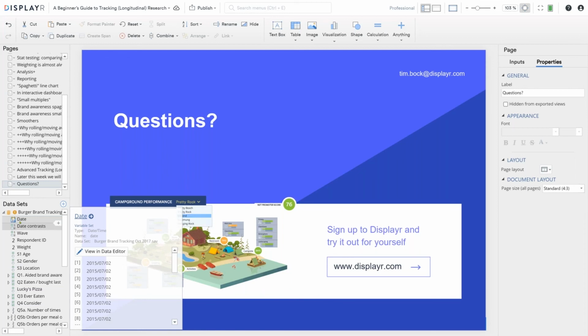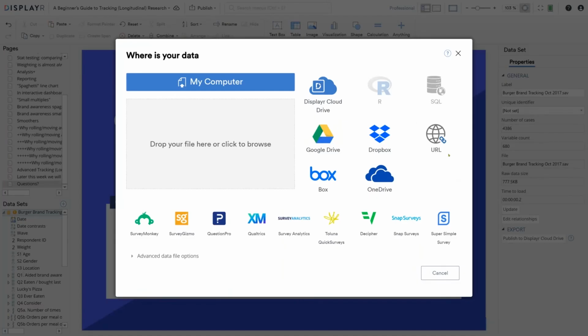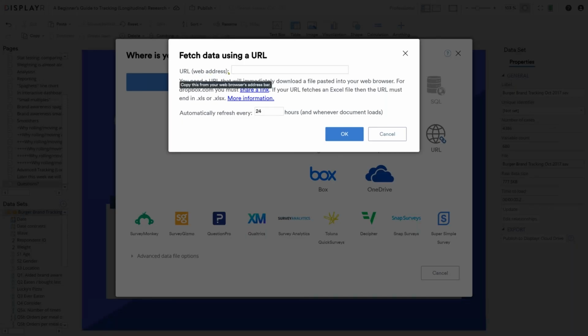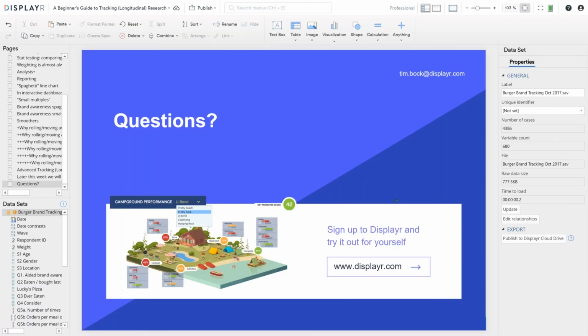And apologies if I've mispronounced that, says, can we automate the importing of data if we continuously get feedback? Yes, you can, and there's various ways of doing that. So for example, there are lots of different ways, but let's say that I had a data file and I was automatically updating it every month and it was stored on some cloud drive, or automatically every night or whatever. I would just click here and schedule the update, so maybe update every hour or whatever. There are lots of other more complicated tools for how you would update the importing, and lots of our clients do that. And Wiam also says, from Snap Survey, our own data warehouse of having received,